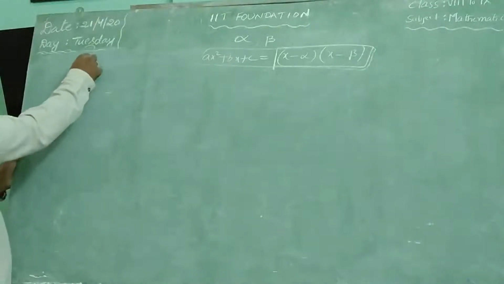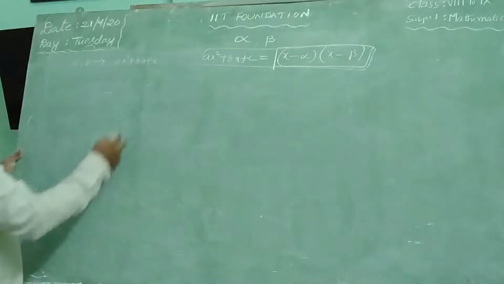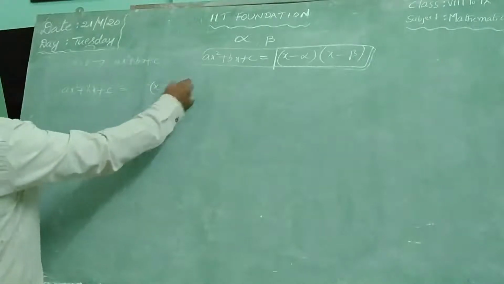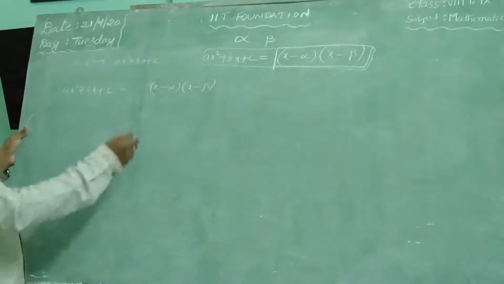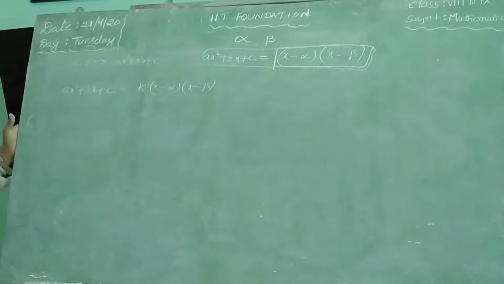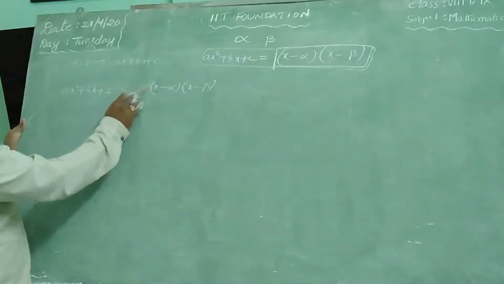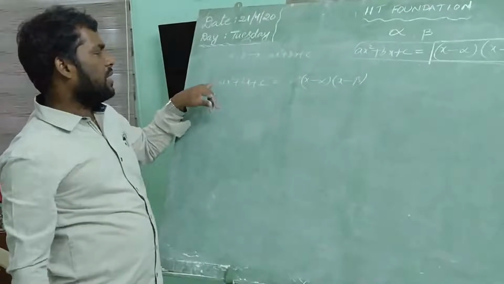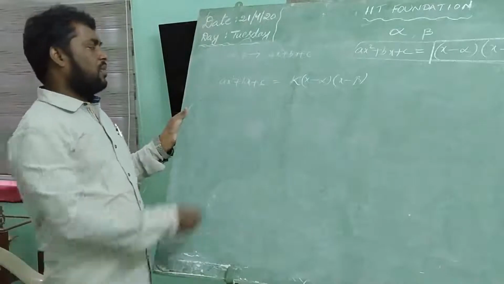So if alpha comma beta are the zeros of a quadratic polynomial ax square plus bx plus c, then it can be written as ax square plus bx plus c is equal to x minus alpha into x minus beta. For our convenience, sometimes you may get some fraction also. For removing the denominator, you may take some constant. Why are we taking this constant? See here, your x square coefficient is a, but if you multiply here, x into x, x square comes. There is no coefficient of x square, just one is there, but here a is there. For that we are taking some constant k here, comparing both sides.